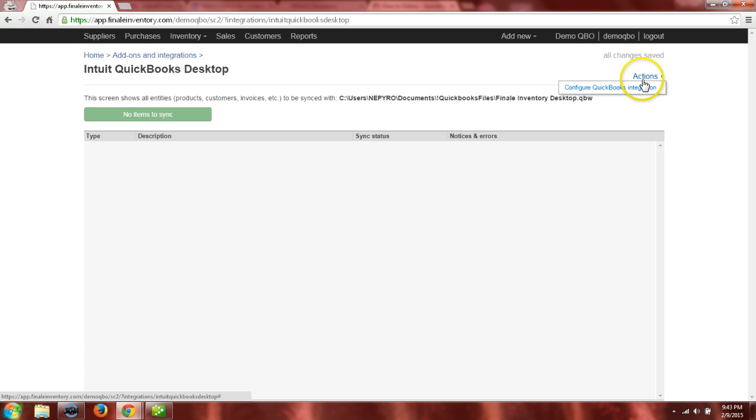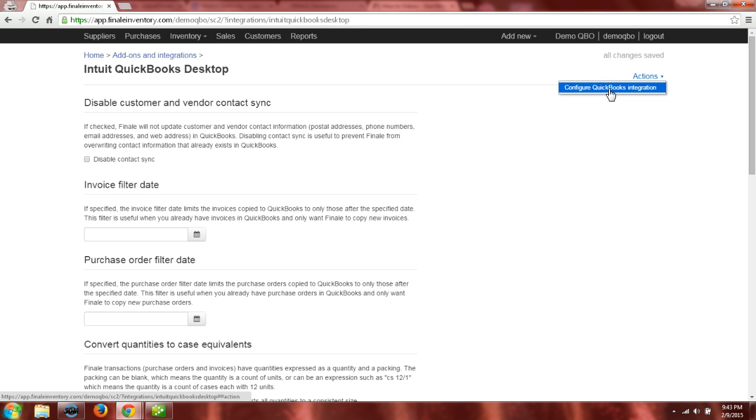Now, the other area where we go to configure the integration, how it's going to act, is under the Action menu once you've clicked on the integration for your QuickBooks Desktop. So this Action menu now becomes enabled, and you have a link here to configure the QuickBooks integration. Once we click on that link, we will see some options on what we can do with the QuickBooks link. For QuickBooks Desktop, we can turn on and off a setting called Disable Customer and